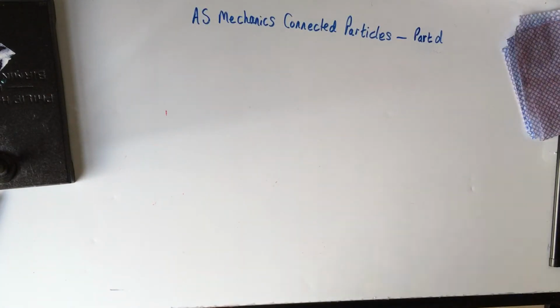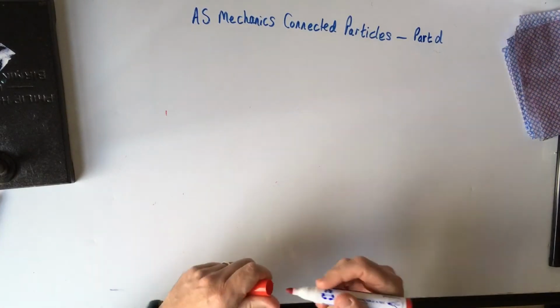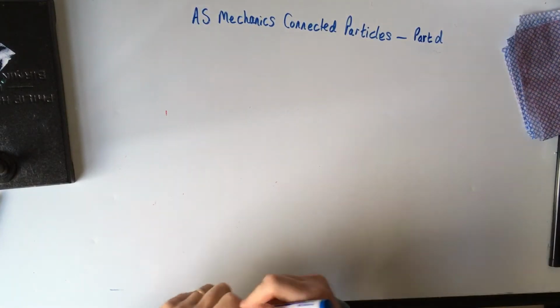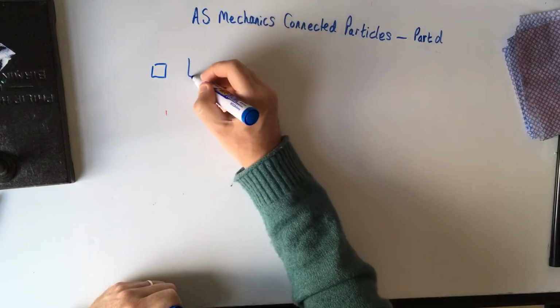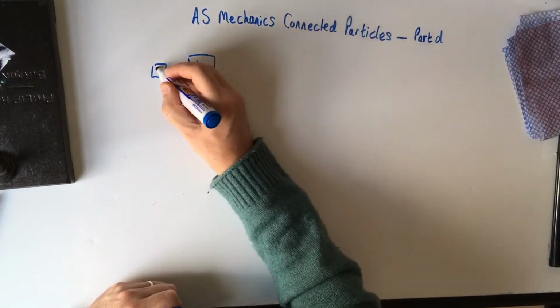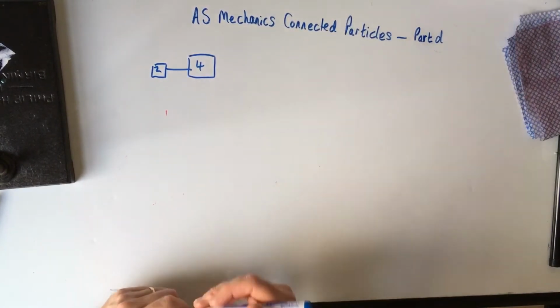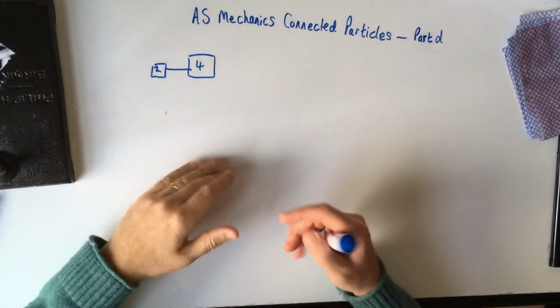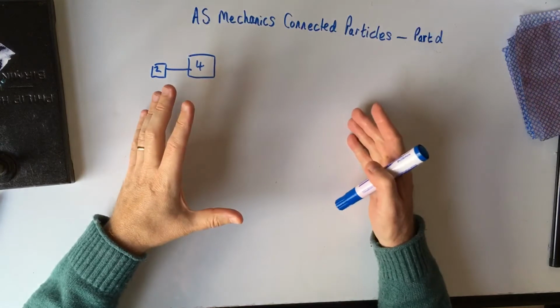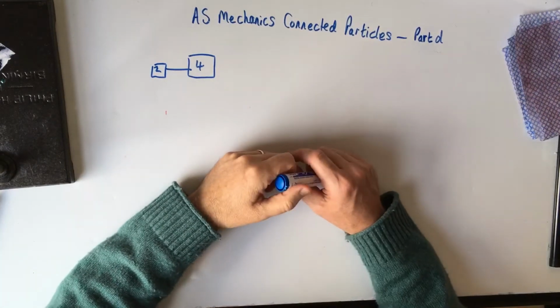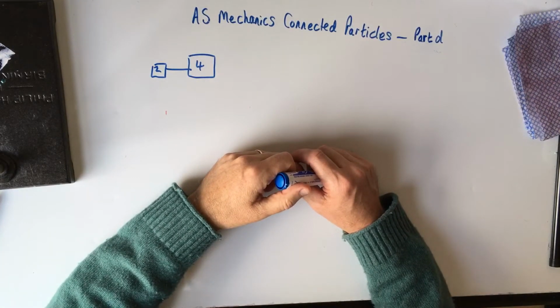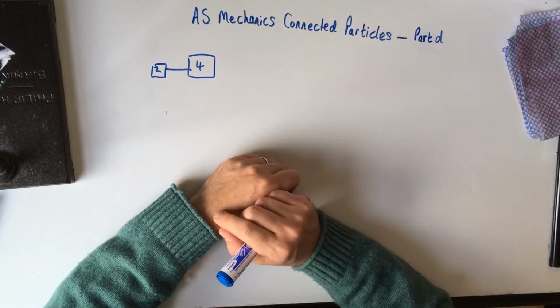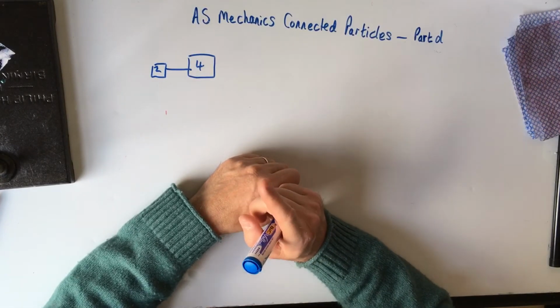Alright. So let's go back to part A, and remember we started our journey with two blocks, 4 and 2 kilograms, and they were attached by a string. So why are we going to replace that with a rod? Because if we replace it with a rod, it's all the same maths, as we're going to see with cars and caravans. It's all the same maths, but it allows us to look at one different situation that would happen